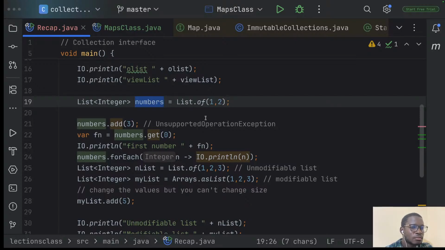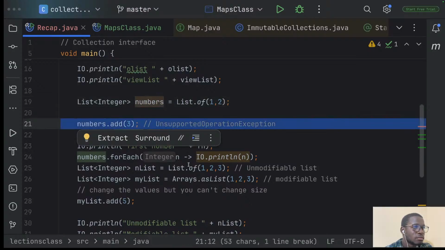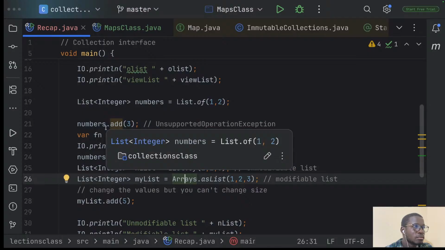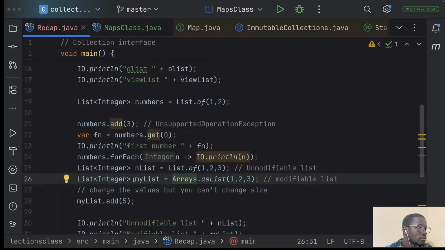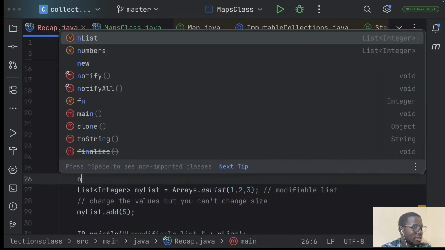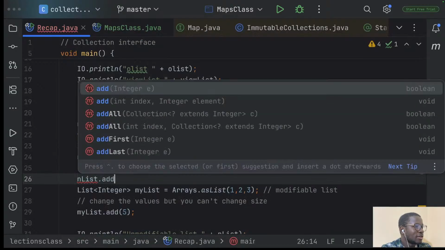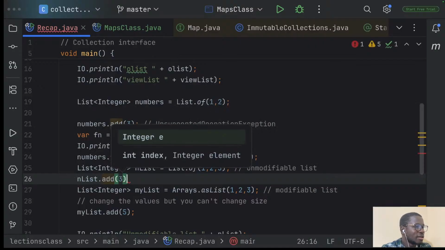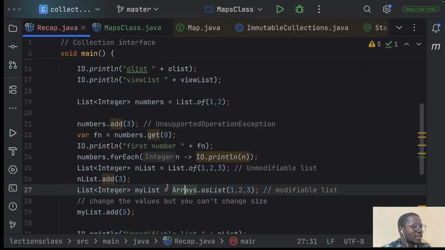So when you say end list dot add, I think is it end list? Yes. Try to add, say, end list. I don't know if NetBeans will be smart enough to detect. Yes. Yeah, that's